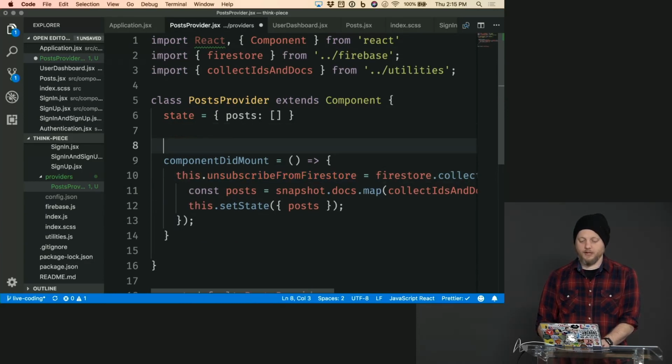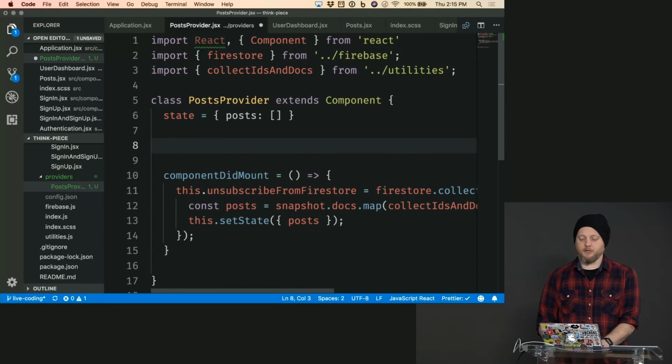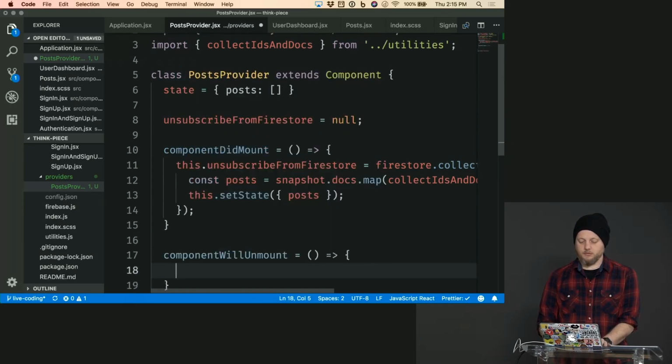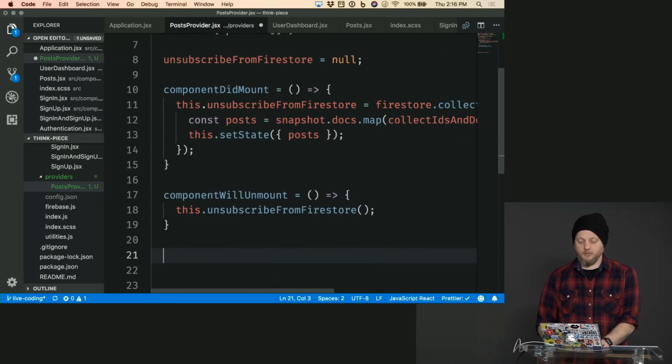So this is effectively, some of it I'm just retyping, but this is all code right now that is stolen from the application component. When the component unmounts, and then when it comes time to render,